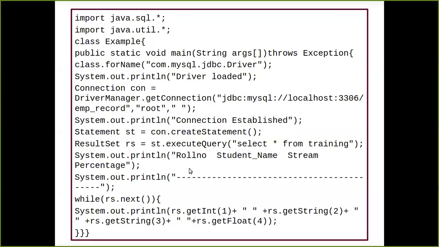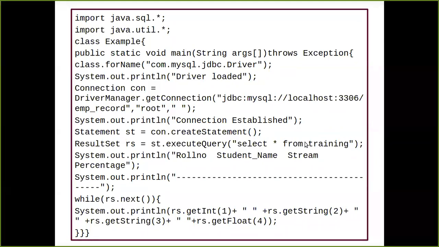So we are going to have a method called execute query, which is going to execute the query that I am going to pass as a parameter to this method. So what statement are we giving? An SQL statement, that is select star from training. Obviously, training is nothing but your table. So what is happening now here? I am using my SQL database, giving all the information to your program, saying that I am using MySQL with this local host, with this port number, and the database name is emp underscore record with these credentials. And from that database, I am having one table, called training.